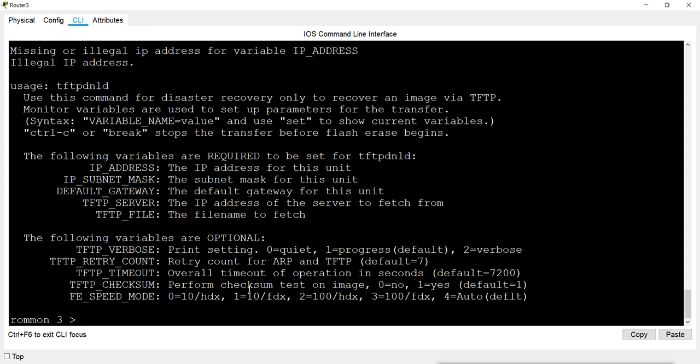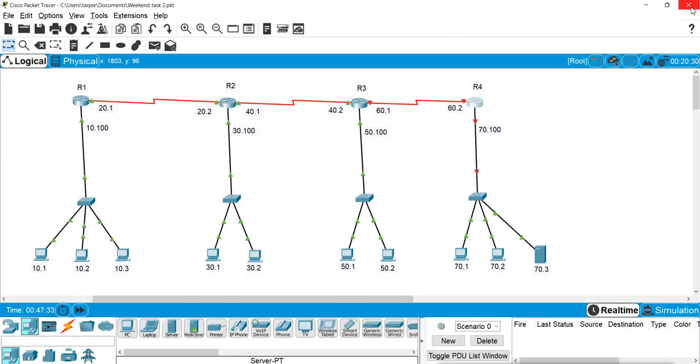It is not working. Now why is it not working? First thing, you see here our IOS has not been loaded, and because of that configurations are not loaded also. Now our router is not connected, there is no interface up, the interfaces are down, there are no IP addresses on these interfaces. This router does not know anything about the TFTP server, it does not know what is the name of the IOS file which is stored on the TFTP server. The router knows nothing now. So how can it download the files from this TFTP server?